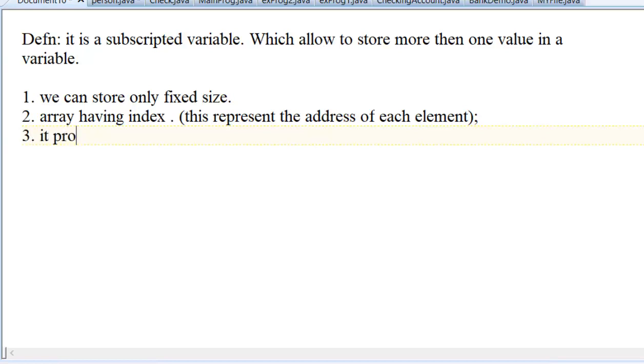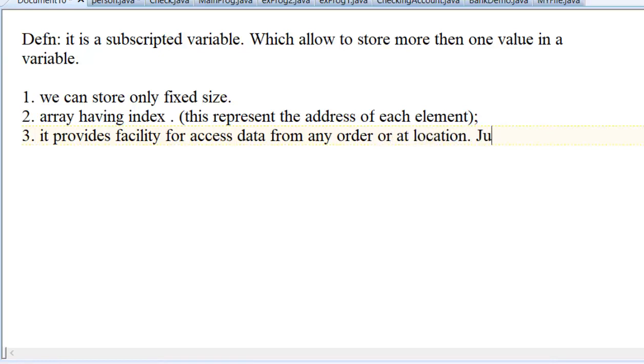Number 3: it provides the facility to access data from any order or at any location. Just what you have to do is write the index.